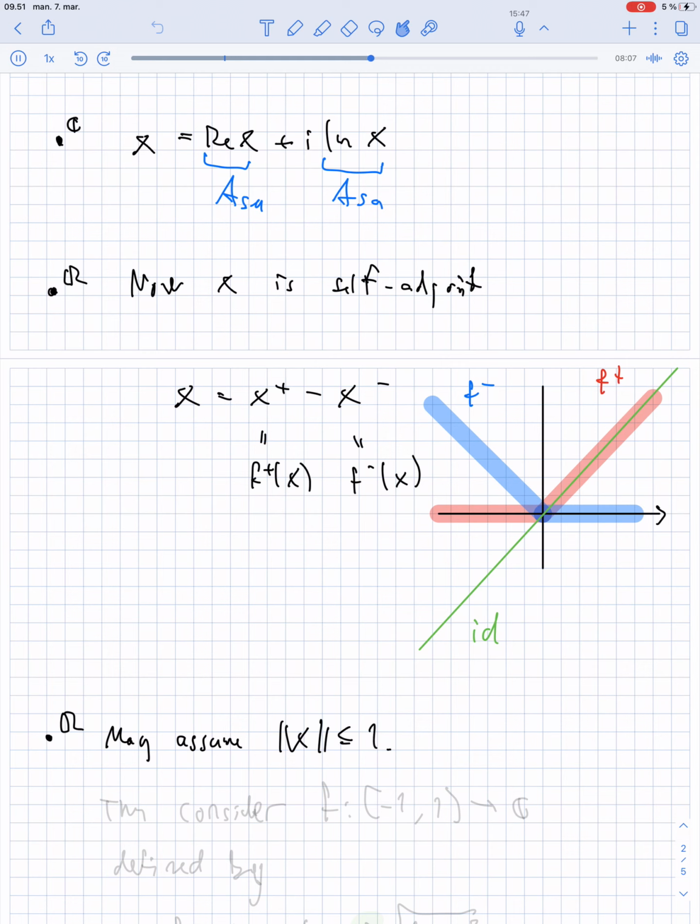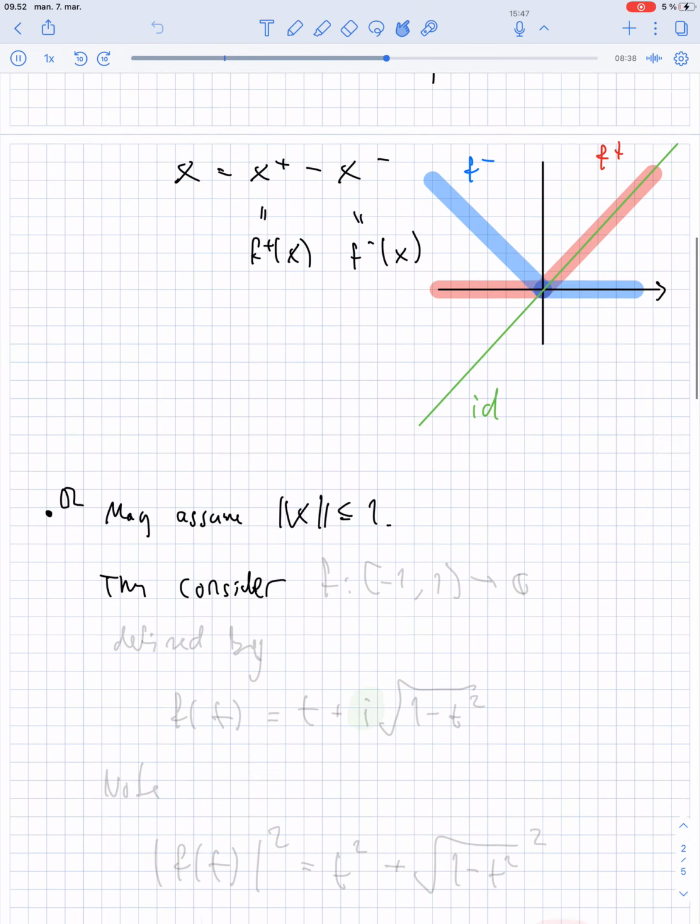Because I want to convince you that I can write x as a linear combination of unitaries, and if the norm of x is bigger than 1, then I will just multiply by some scalar, making the norm less than 1. Then I do the linear combination there, and then I can multiply by the reciprocal scalar, and that will give me what I need. And now, so then